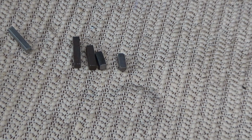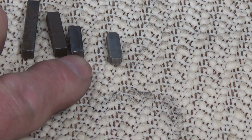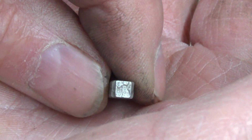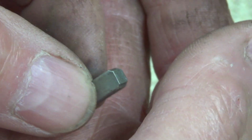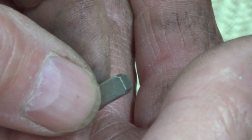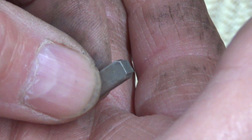Okay, guys and gals, after having it off and on a couple of times, I told you I started with this. That didn't work. This didn't work. Even this didn't work. And now I have discovered the problem. Notice that this is wider than it is tall or thicker. It slides in from the front, and also this one happens to be made out of aluminum, I believe, so it's made to shear if it gets too far out of timing. And that's common on many lawnmower engines. So we're going to put this in. How I discovered it is I tried sliding the